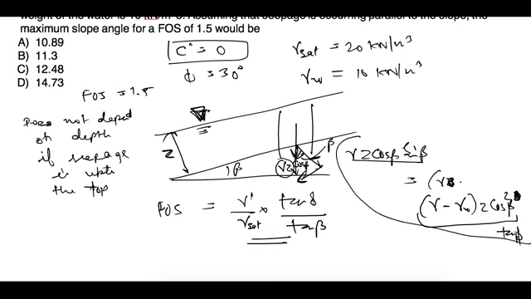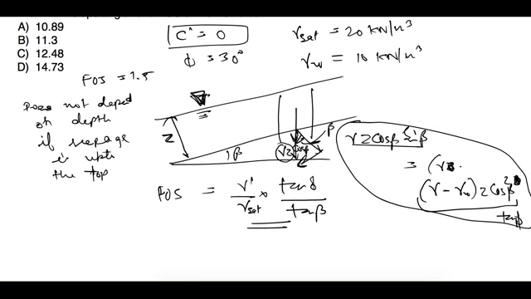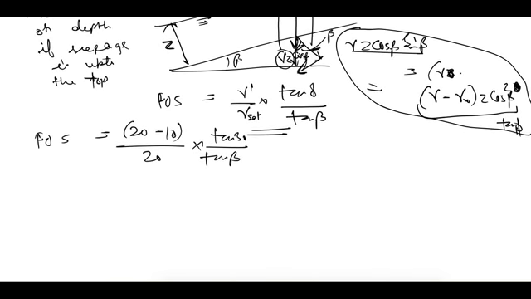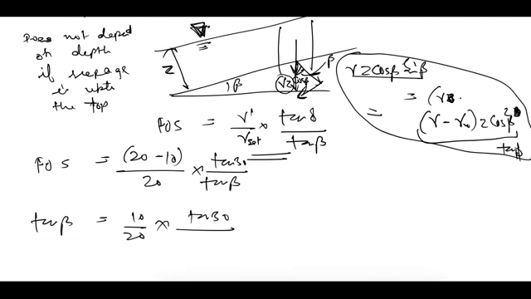This I have covered in detail when I talked about the infinite slope. There you can check this. So here I am using this formula directly. Factor of safety we can find out as gamma dash, that is gamma submerged. Gamma submerged is gamma saturated minus gamma w, that is 20 minus 10, over gamma saturated, given as 20, into tan phi, which is 30 degrees, and tan beta we have to find, that is the slope angle. So tan beta is equal to 10 upon 20 into tan 30 divided by factor of safety 1.5.